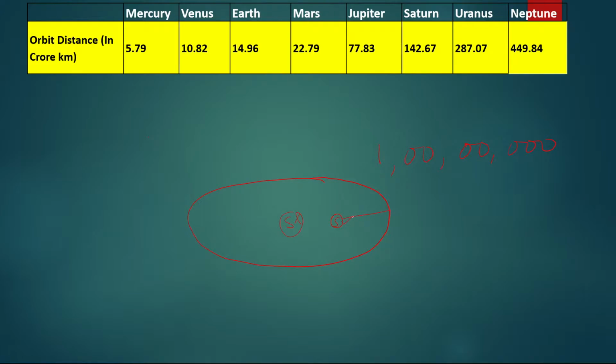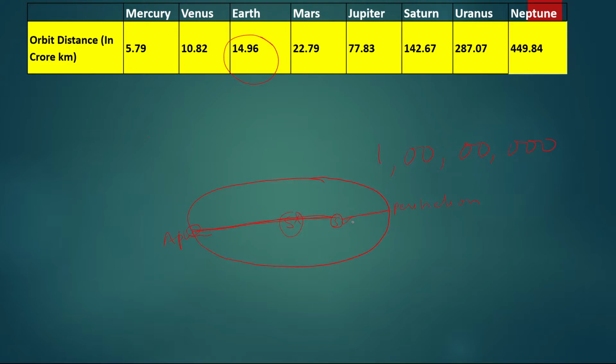So you can find here sometimes this distance is very less. This condition is called perihelion. And you will find this distance when the planet is here. This distance is called aphelion. So you can see these are two distances. The distance from the sun to our Earth is not constant all the time. So what we have written here is the mean distance.